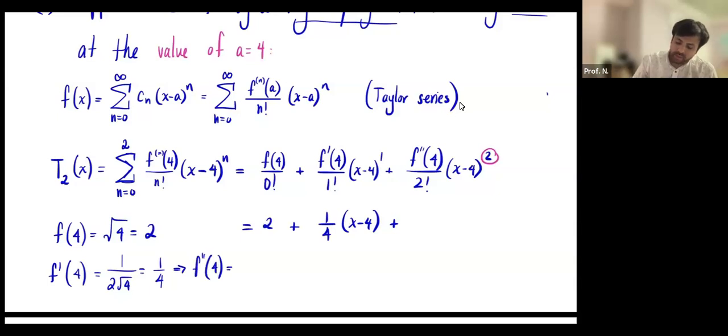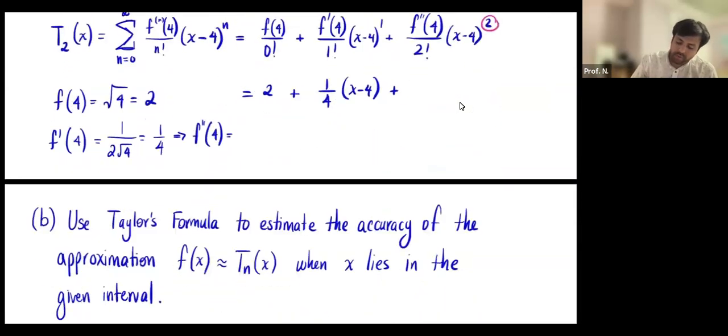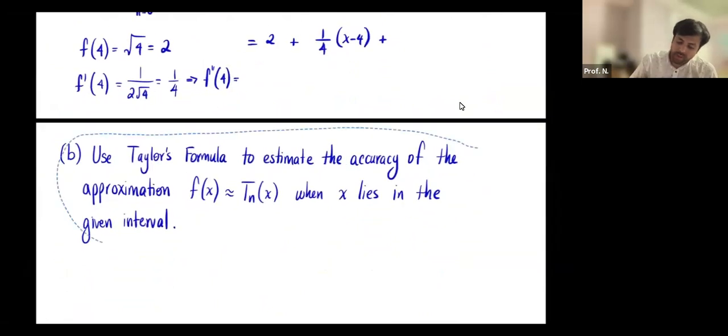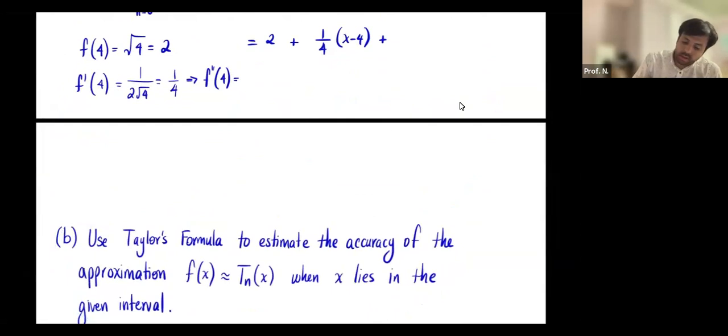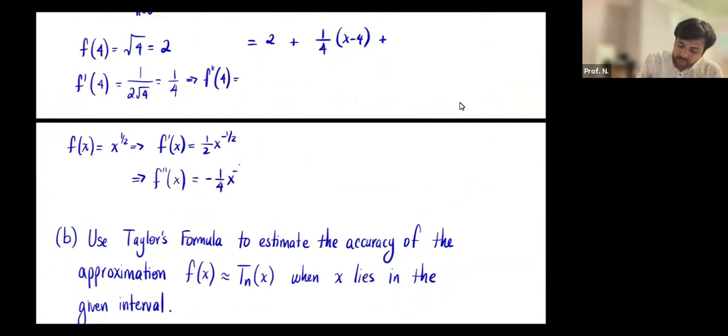And just to make sure we have no issues with this, I'm going to move this a bit further down. So if we have f of x is x to the 1/2 power, then f prime of x is 1/2 x to the negative 1/2. And so f double prime of x is equal to negative 1/4 x to the negative 3/2. So this is going to be negative 1/4 times 4 to the negative 3/2, which is the same thing as saying negative 1 over 4 times 4 to the 3/2,